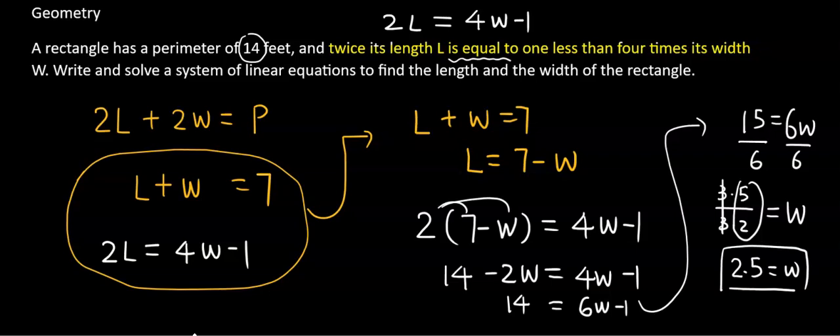We got a width. Let's go back to here. We're going to use this equation to find the length. Or we can use the first one. I think the first one is easier. Let's use the first one. So width is 2.5. Length is 7 minus 2.5. And